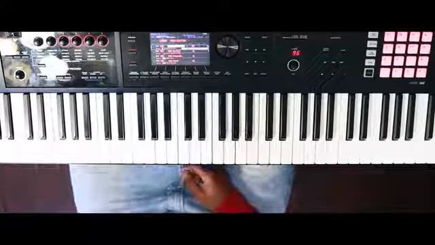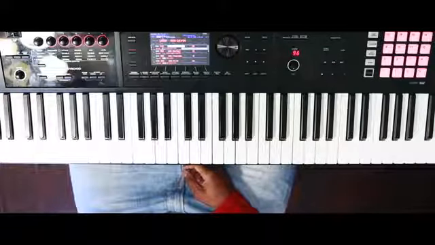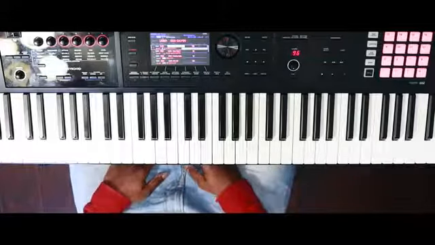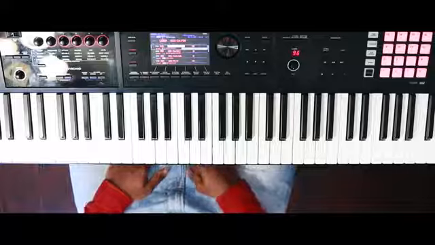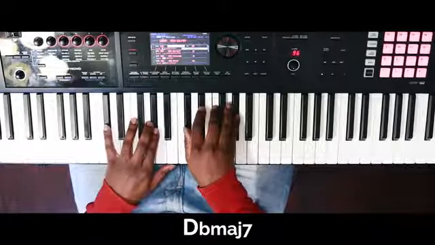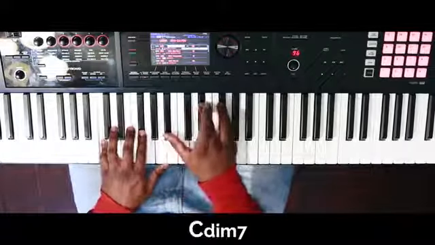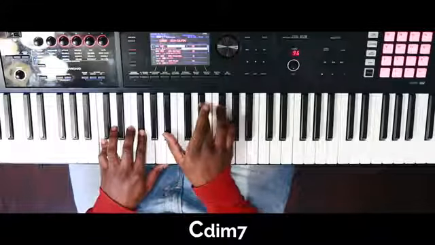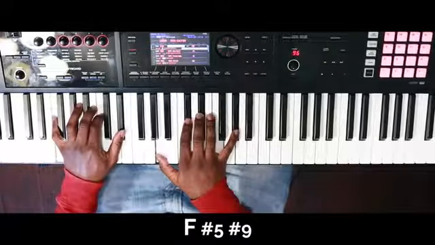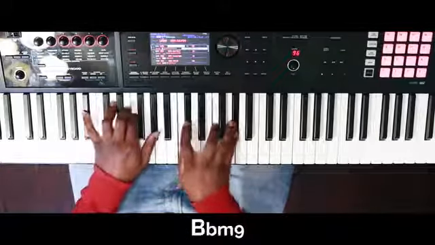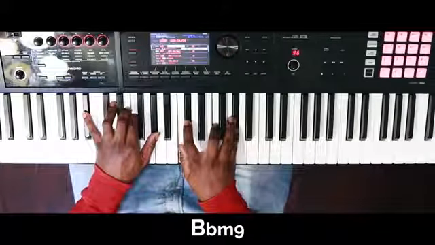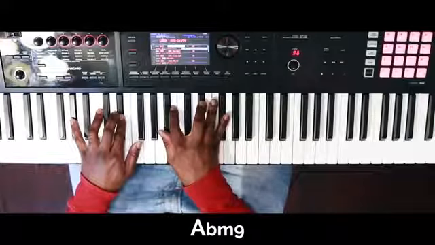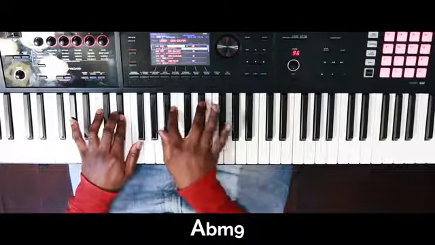Let's talk for a second about the actual chord extensions I'm using. Let's go back to the key of D flat, because that's my favorite key to play this in. I'm using a C half diminished 7 to an F sharp 5 sharp 9 to a B flat minor 9, A flat minor 9 or 7, however you want to look at it, because I'm really just keeping the 7 on top.